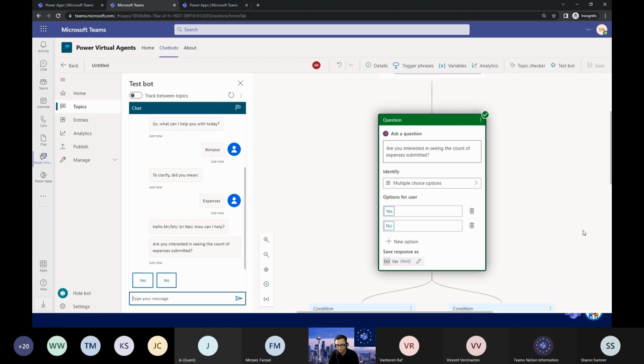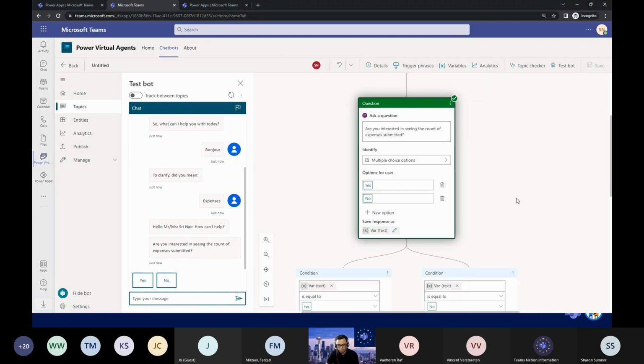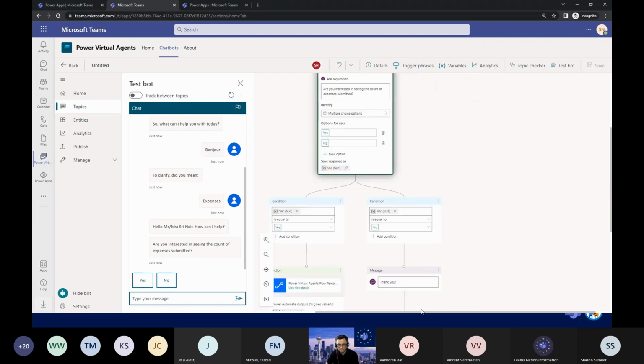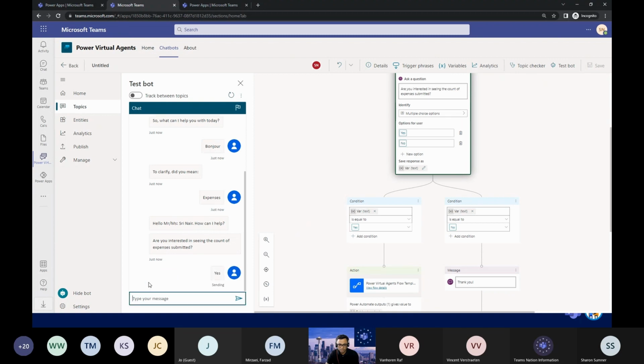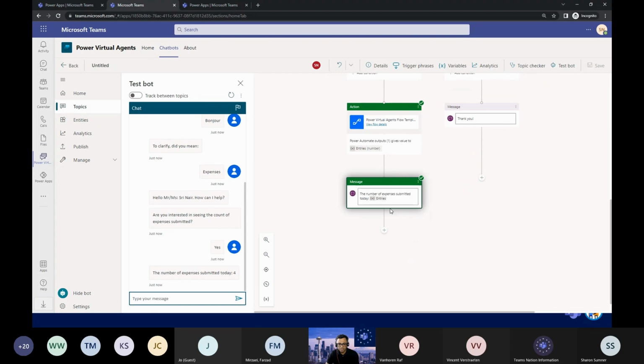Gender was not one of the things that I could pre-select here. And then it says, are you interested in seeing? You can see how the flow is flowing through. I'll just minimize it so that you can see how the flow of control goes. It gave me the yes, no option. Obviously, I'm interested in seeing the yes option. And you can see how the Power Virtual Agent will fire,